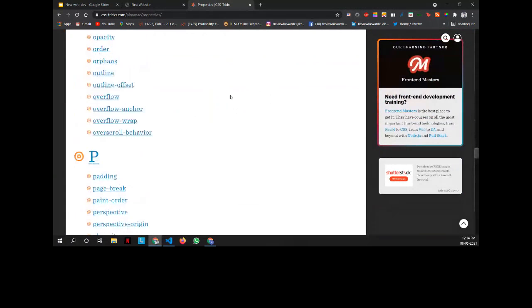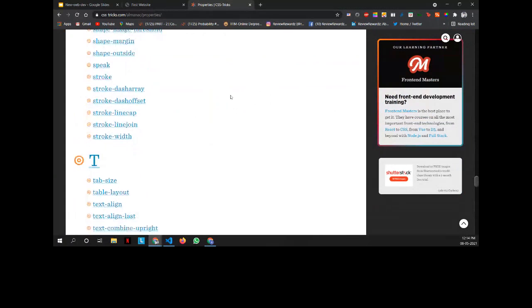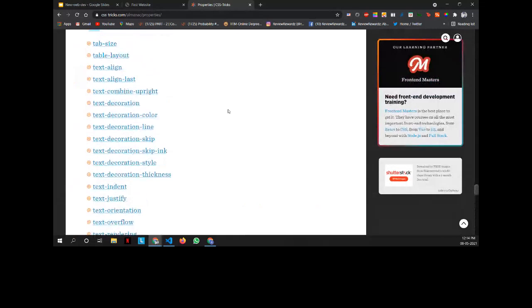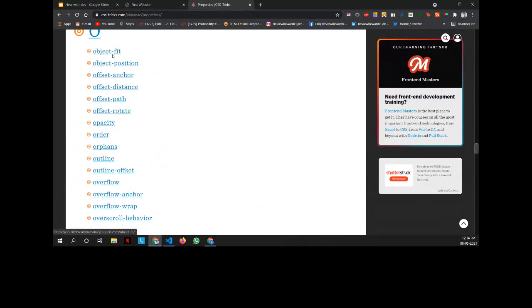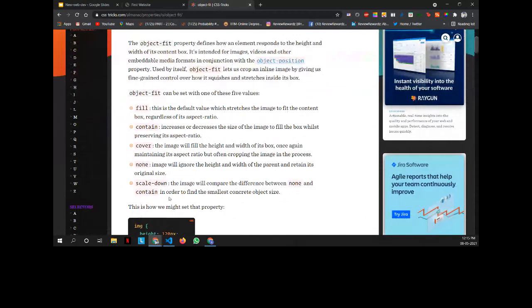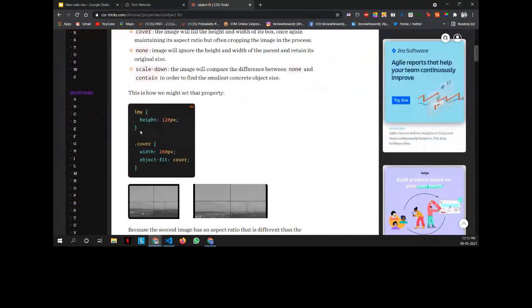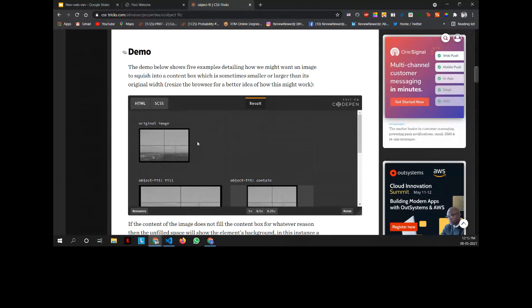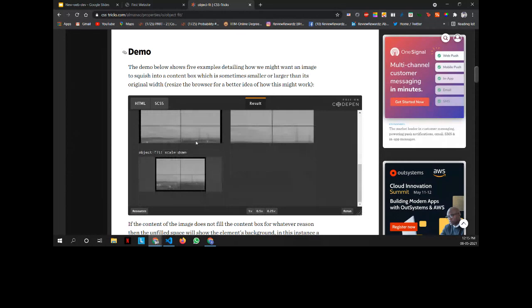It's not possible for me to teach all of these, but I've selected a few which are frequently used, and I'll explain them to you all. For example, if I want to see what exactly the object-fit CSS property is, I'll just click on it, and it gives me a definition first of what exactly it does. It has one of these 5 values. It also tells you what kind of values it has, and this is the syntax given here. They've also given a code snippet, like a demo, where they show how the CSS actually works. So this is one of the best resources I have regarding CSS.